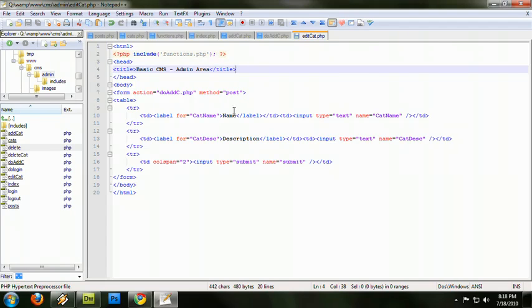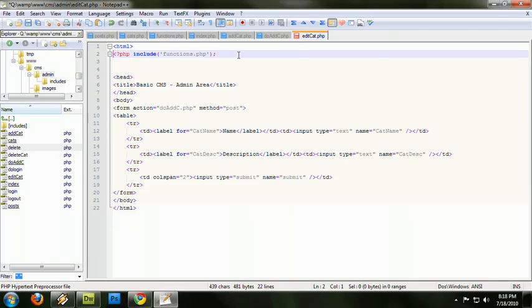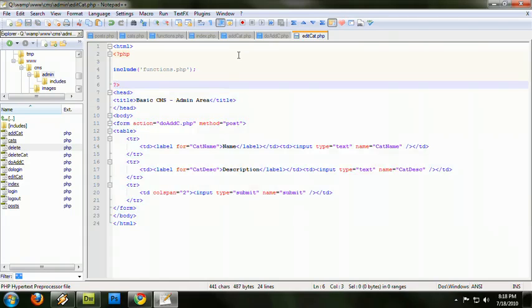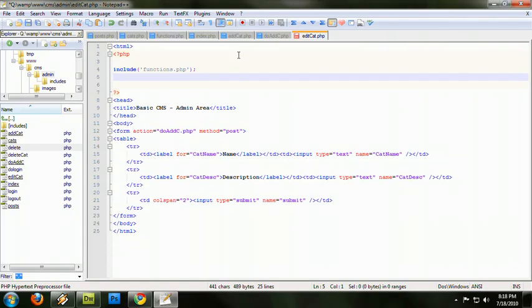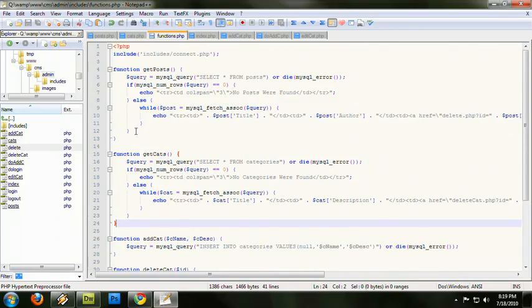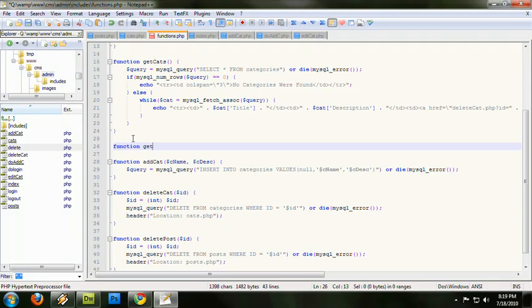Now we're going to go down here, and at the very top, we're going to keep our PHP brackets and call a function that we're going to create called get category. So we're going to say get cat, and we're going to pass in our GET variable, which is the URL variable, and get the category where the ID is equal to the ID that we're passing through the URL. In our functions file, we're going to write a new function. We're going to call it function get cat